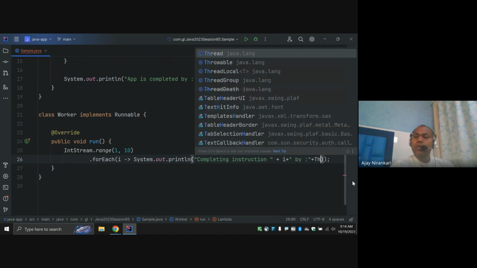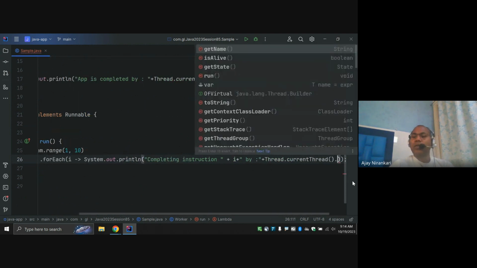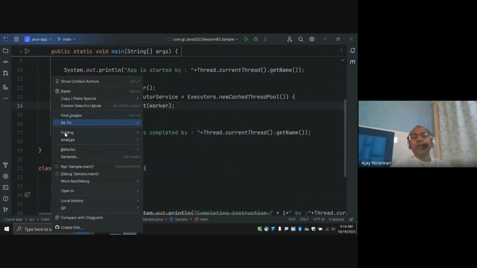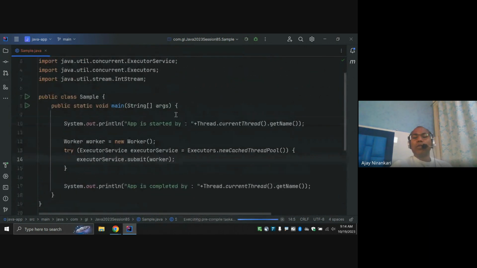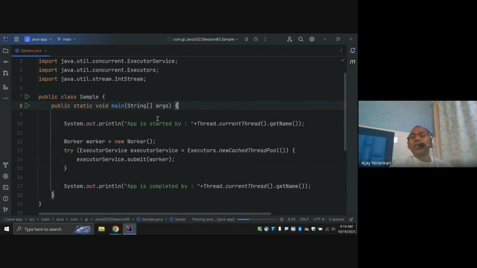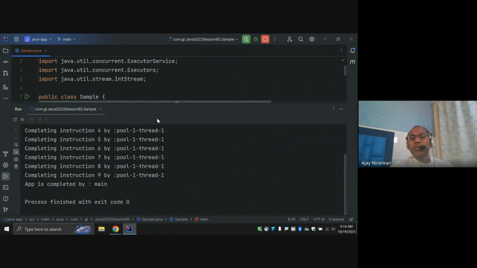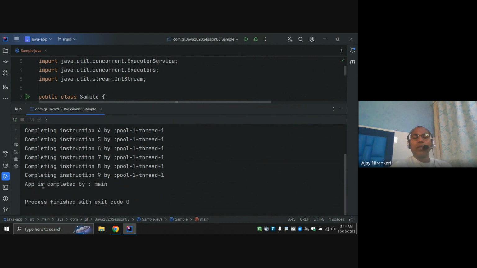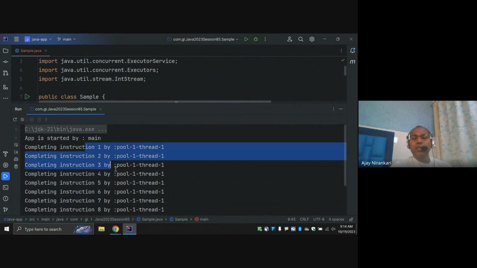Plus thread dot current thread dot get name. If I run, the default nature is multi-threading. Our main application or any threads are not going to wait for any other threads. The intention is that each thread works independently. This is the basic concept, right? Notice here the main thread is started, and the main thread applications are going to run by